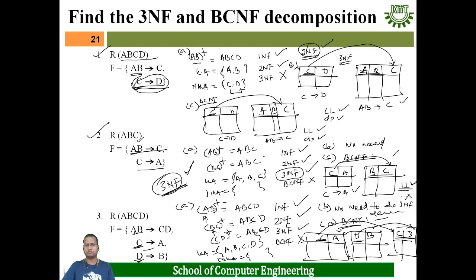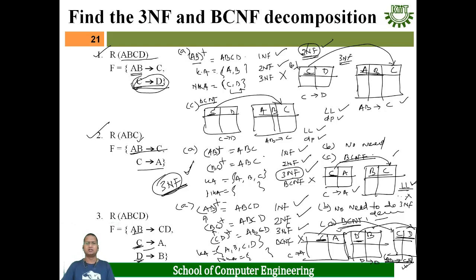Then we have to check which functional dependencies are preserved in this case. In table CA, C determining A is present, and in DB, D determining B is preserved. Then for AB determining CD, we have to check whether it is preserved or not. When you check AB determining CD using indirect preservation, it is not satisfied. AB determining CD is not preserved.